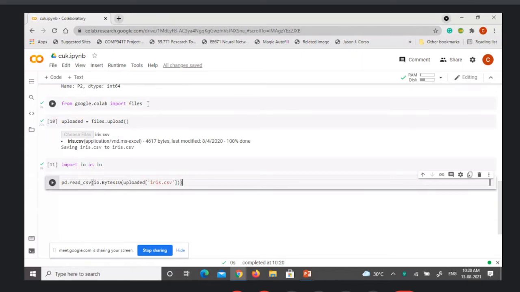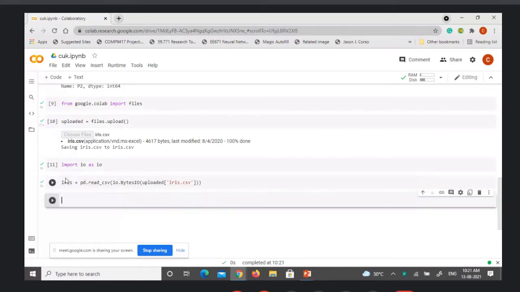We have imported the files, and through the files we have uploaded, and it is available in this uploaded variable. From there we are converting that using the read_csv command and storing it in a variable called iris. So it is available now.